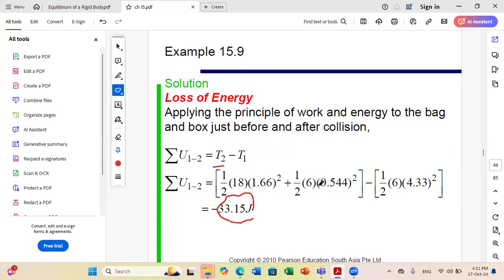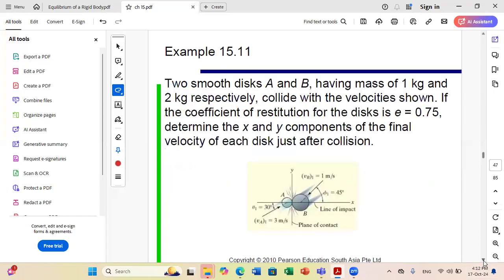square plus half MBVB2 square, while the initial kinetic energy is only for the bag because the box is initially at rest. So if you do T2 minus T1, you get a negative result because you lost energy. If you do T1 minus T2, you directly find the energy loss in absolute value. Okay? Now, if it's an elastic collision, of course, the total kinetic energy at the initial state will be equal to the total kinetic energy at the final state, and then no loss during